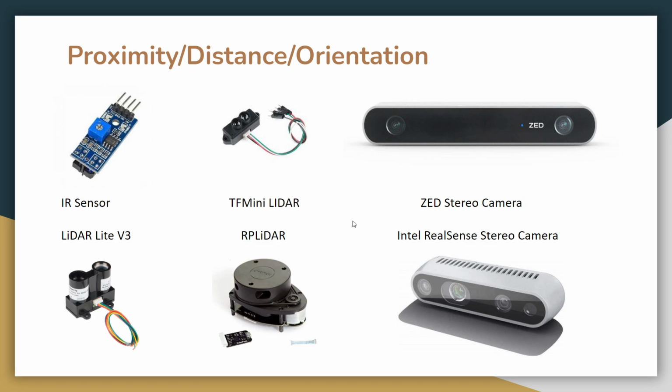So the first one is an IR sensor, the typical common IR sensor which we use. All these three are LiDARs only. Okay, so LiDAR stands for light detection and ranging. Basically what LiDARs do is they emit infrared rays or electromagnetic waves of specific frequency